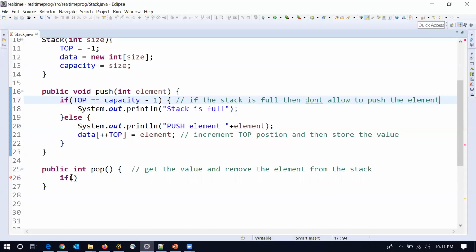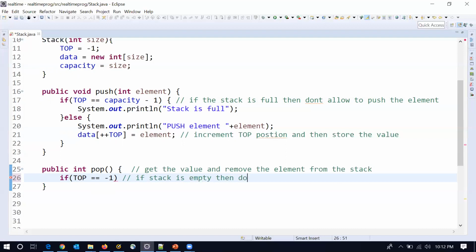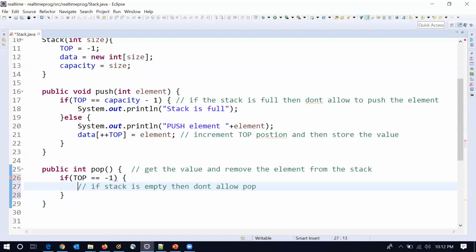Here, if top equals -1, that means there are no elements, so the stack is empty. Then don't allow pop, because pop is nothing but removing an element from the stack. So if the top is equal to -1, we'll say return top.